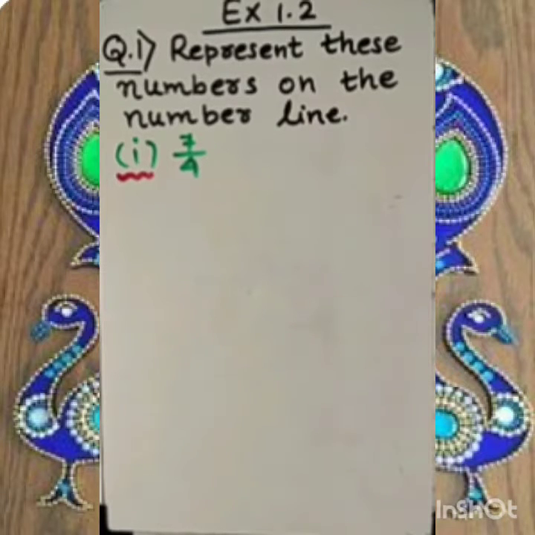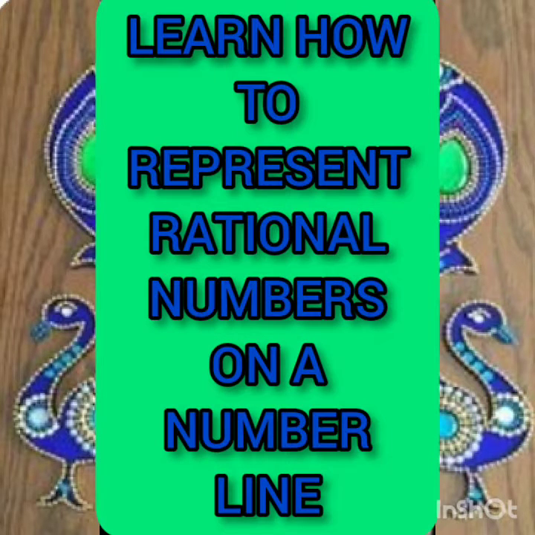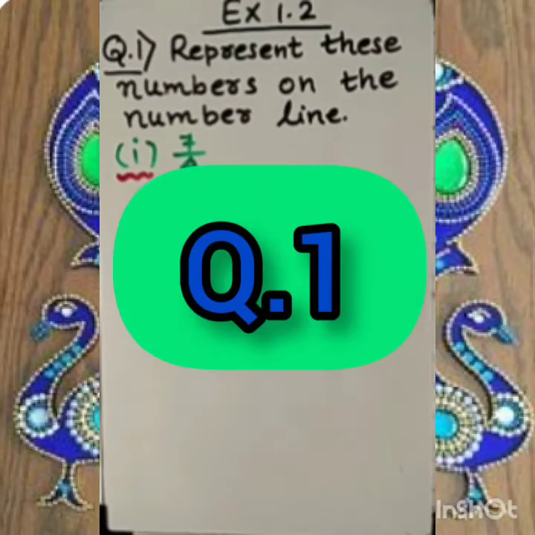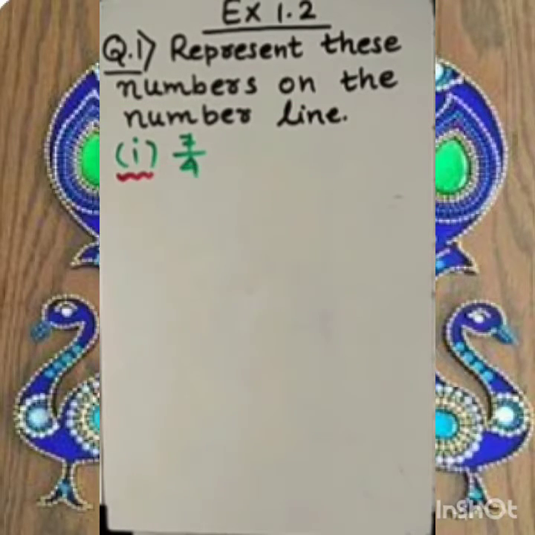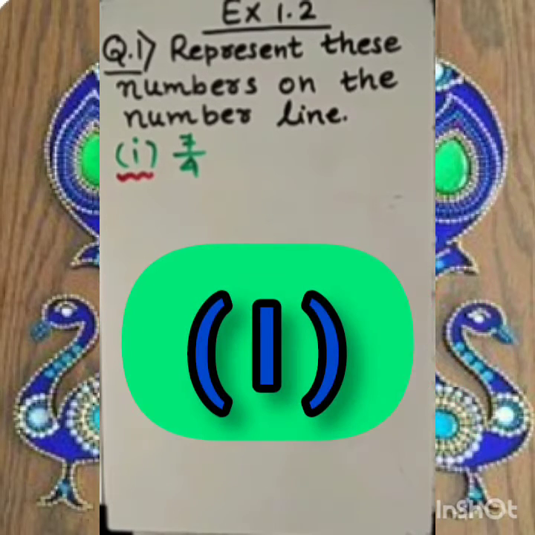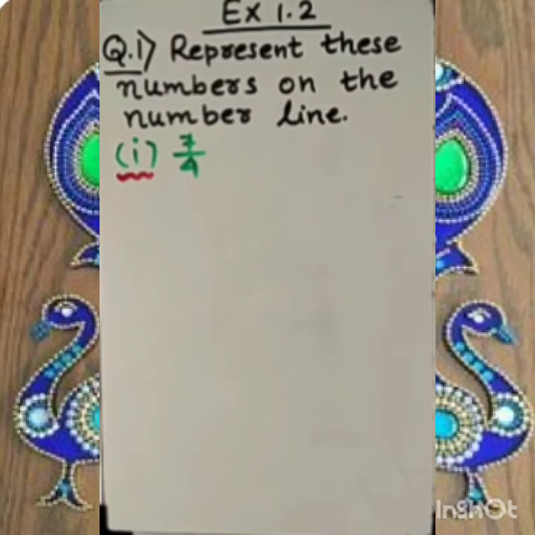Now, dear student, according to the name of the chapter, our topic is rational numbers. So here we are going to study how to represent rational numbers on a number line, right? Now here the first question we are given is this. The first number which we are given is 7 by 4. How to locate it on a number line? Dear student, there is one technique which I am teaching you. If you apply that technique, then damn sure you will not locate wrongly anywhere at all.